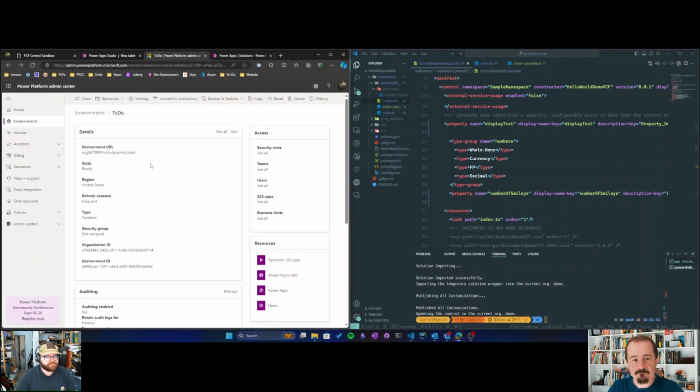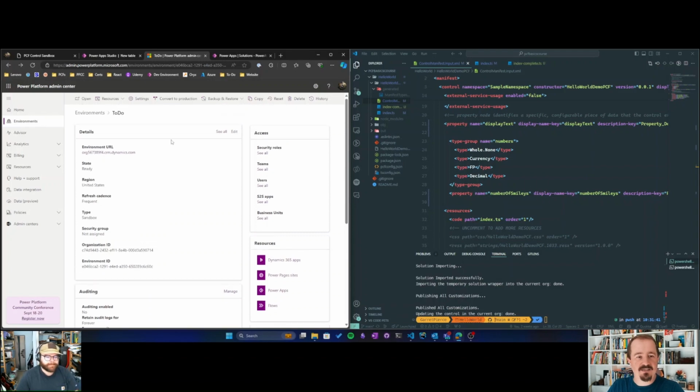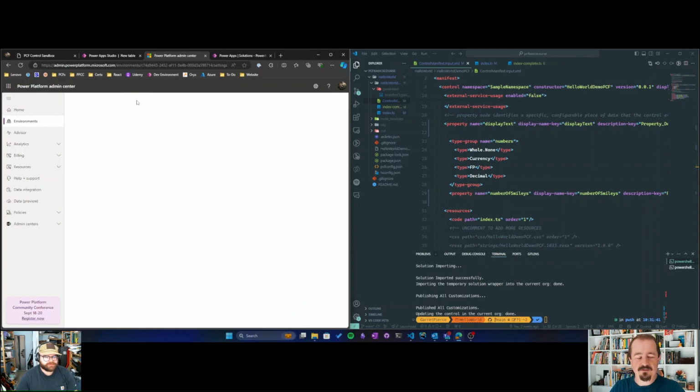gone to the admin center to enable that. Garrett's got the admin center up here on the screen. You go to your environment. This is the to-do environment. You'll just open up settings,